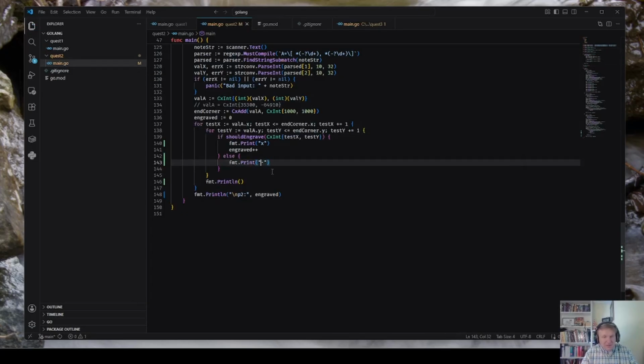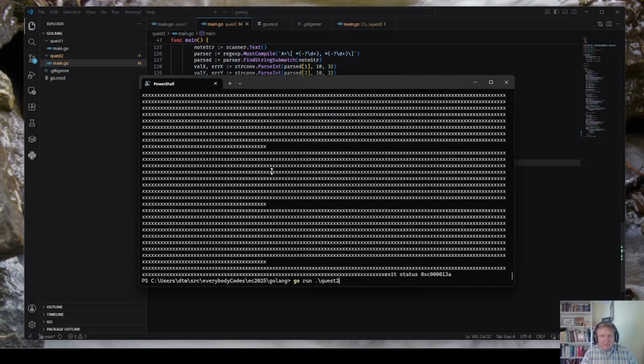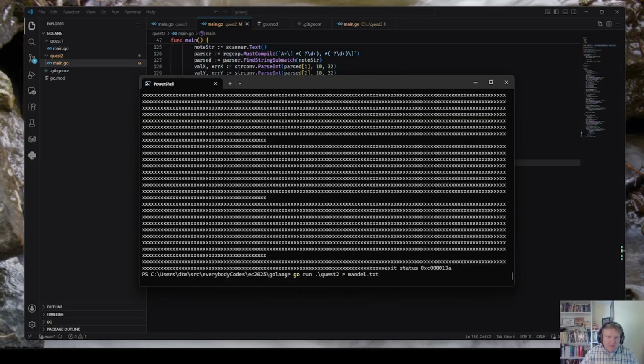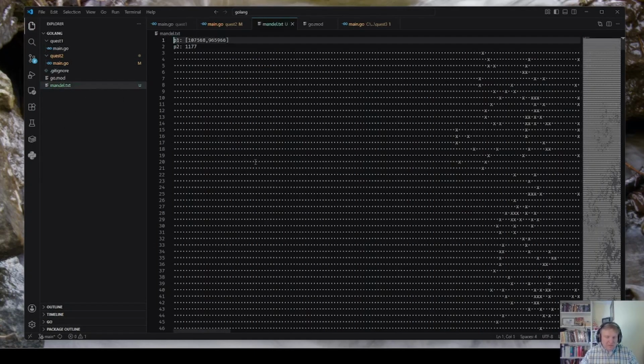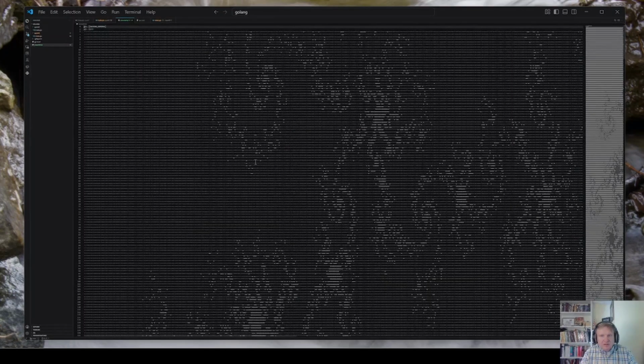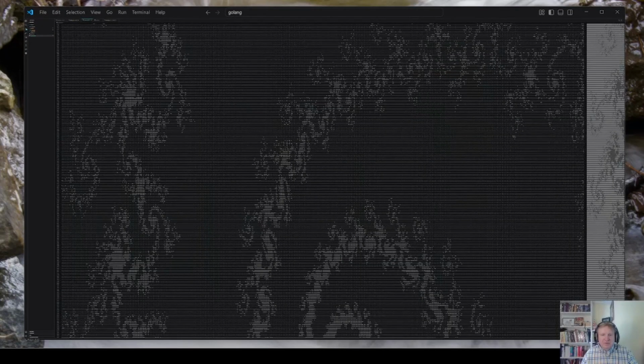If I want to print dots, I should actually print dots. And then, what does this actually look like? Oh, and isn't that pretty? That's a nice little Mandelbrot section.